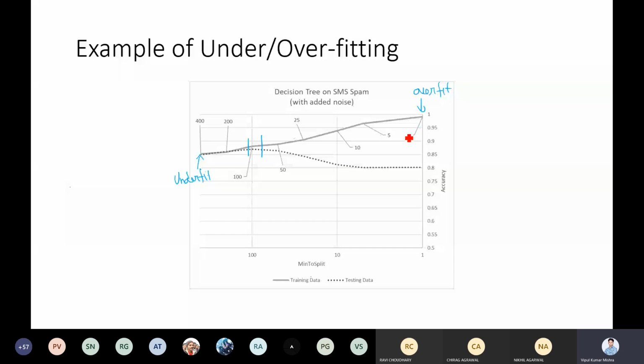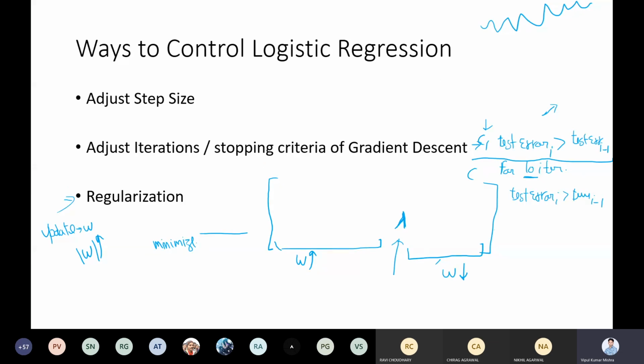Once new data comes, it will definitely not perform well. So you have to control your split, how much split we want, so that you get a good point here. That is the accuracy graph. After a certain point, as you increase the split higher and higher, your testing accuracy reduces, but training accuracy keeps increasing continuously. So you have to stop somewhere so that both training and testing accuracy are acceptable. That happens in the decision tree structure, where you are controlling the splits.